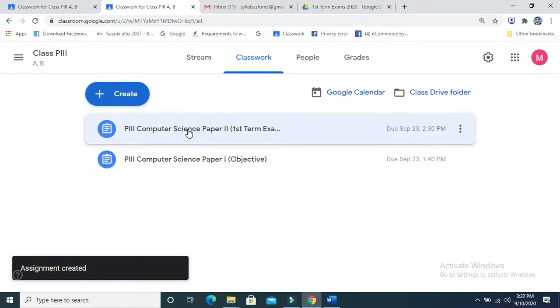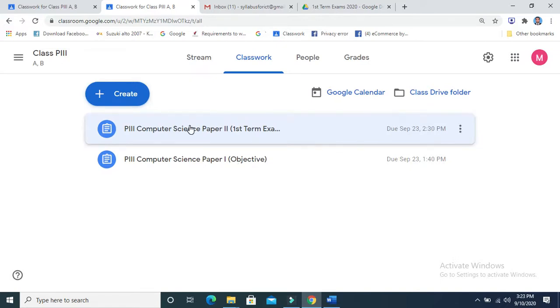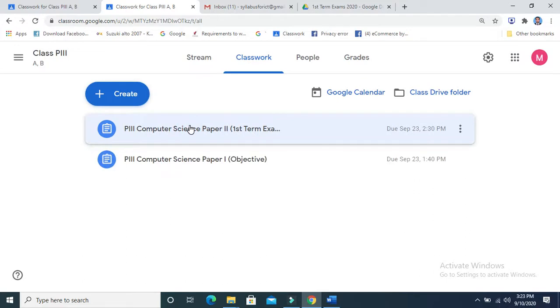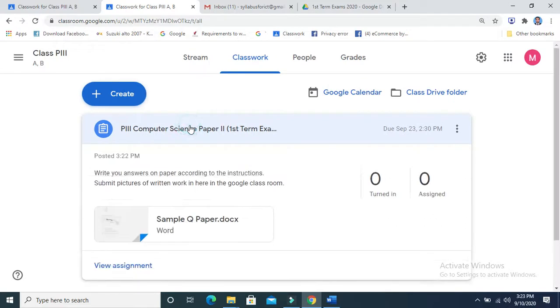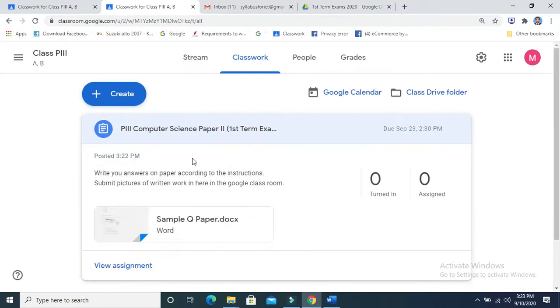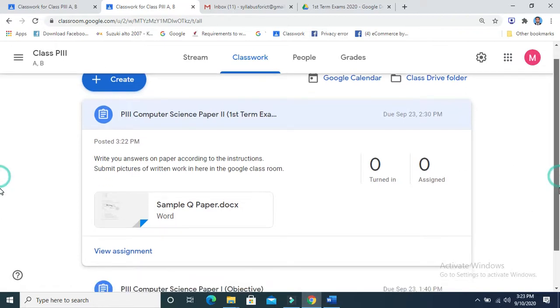Definitely we will do it after the objective, 5 minutes before the start of the subjective questions, and then the student will see that this is the paper 2 work that he has to do, and he has to submit the written work. So I think up to here these things are clear.